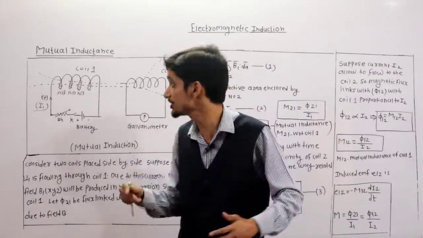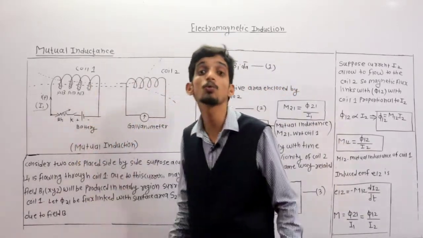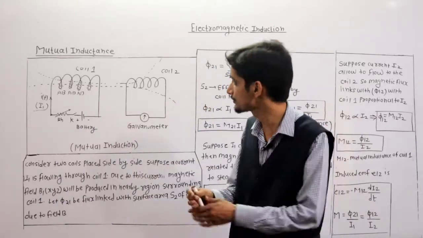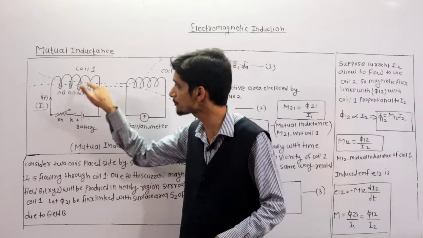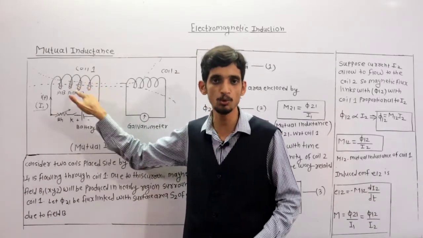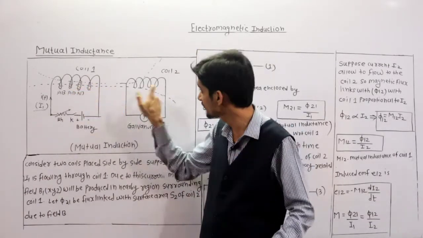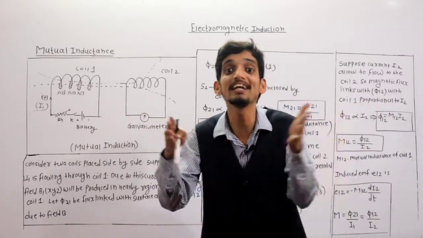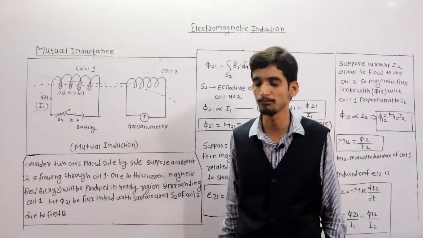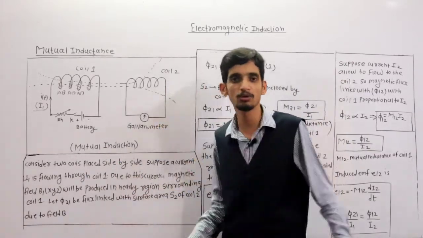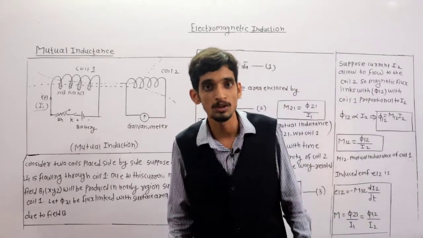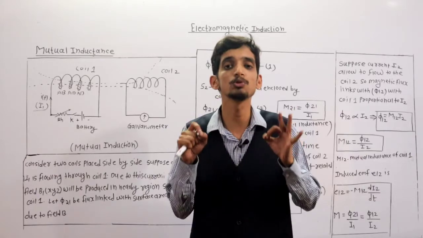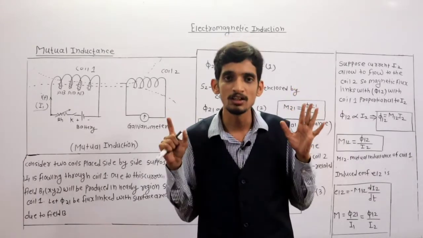It means there is a linkage. These two coils are what? These two coils are magnetically coupled, electrically isolated. Why? Because this is the flux of the first coil, and that flux is linking with the second coil. So that's why these are called magnetically coupled but electrically isolated: the supply is not given directly to the second coil, it has been given to the first coil, but EMF is induced in the second coil. Clear what is meant by mutual induction?